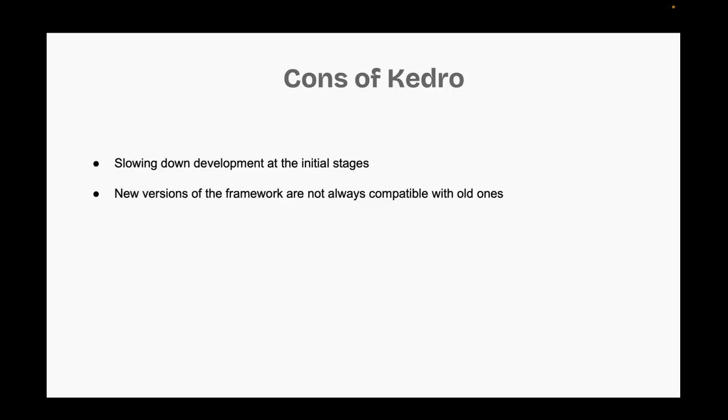And the second problem is compatibility issues with new versions. We realized that, for example, a project written in Kedro version 18.6 may not work in version 19. This can be a setback. However, as previously mentioned, compatibility challenges could be overcome by isolating the model within a Docker container. So you keep the version in the Docker container constant, and that will be okay.